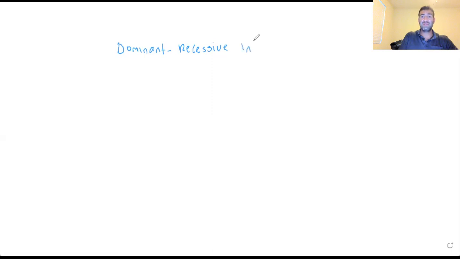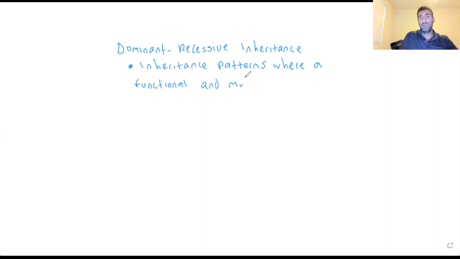But anyways, dominant and recessive inheritance is inheritance patterns where a functional and mutated, non-functional alleles are present in a population. An example of this